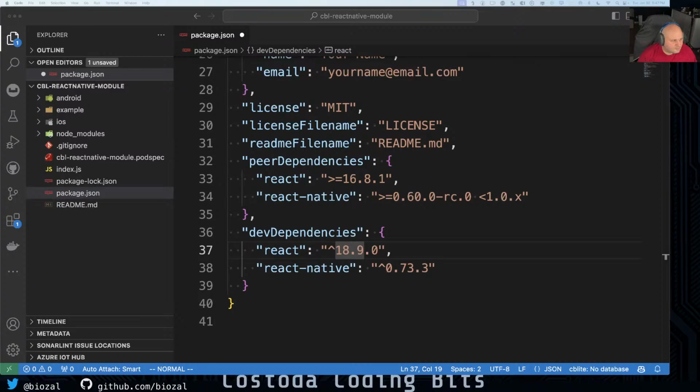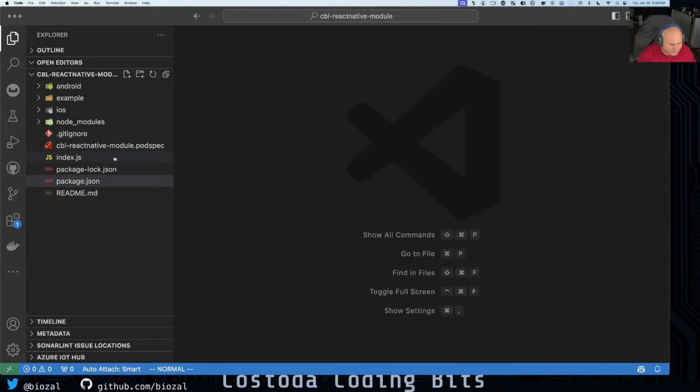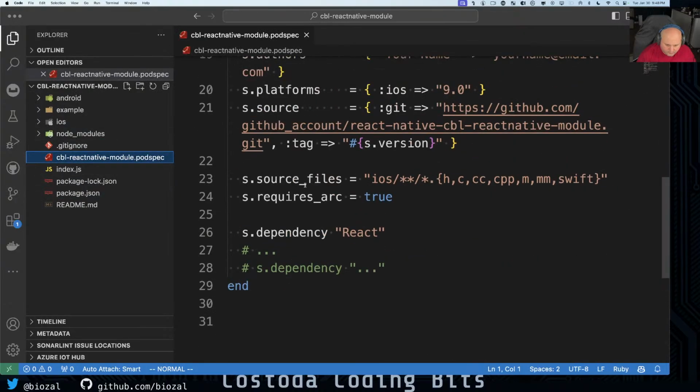I'm just gonna make it 18. And we're gonna say, all right. So CBL React Native module, that's there. Main module, this should just give us